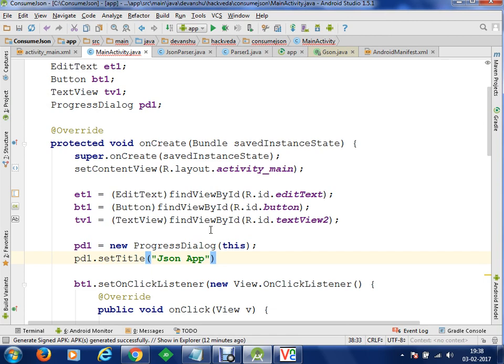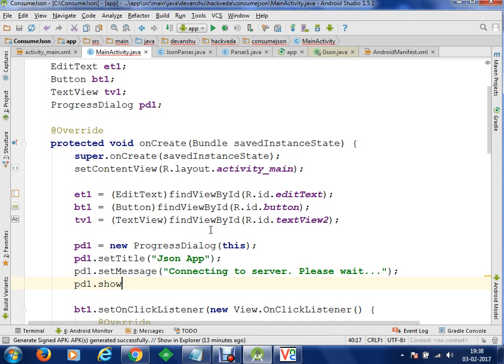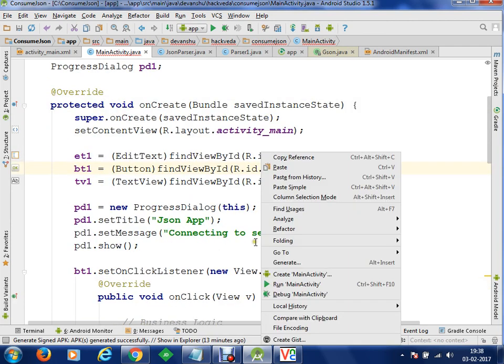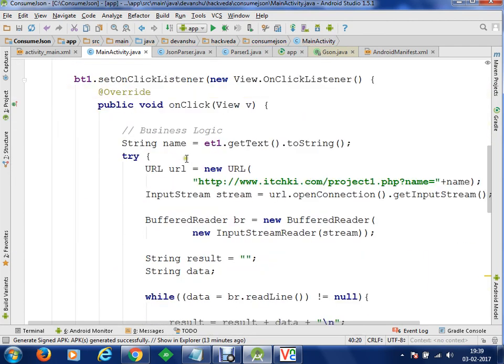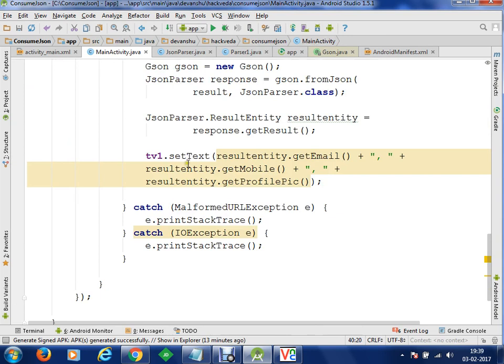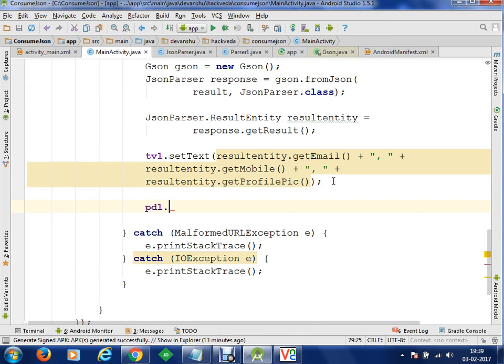And now we are going to set a message, pd1.setMessage, and we are going to display a message something like this, connecting to server, please wait, something like this. And then what we can do is we can do something like pd1.show. So using this, progress dialog will be displayed, and once we are done with this progress dialog part, once we have got and set the results, we can do pd1.dismiss.